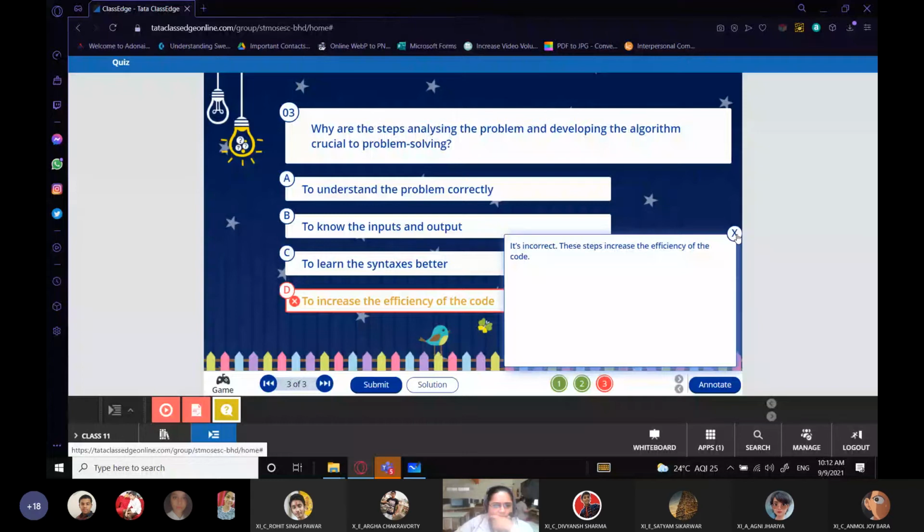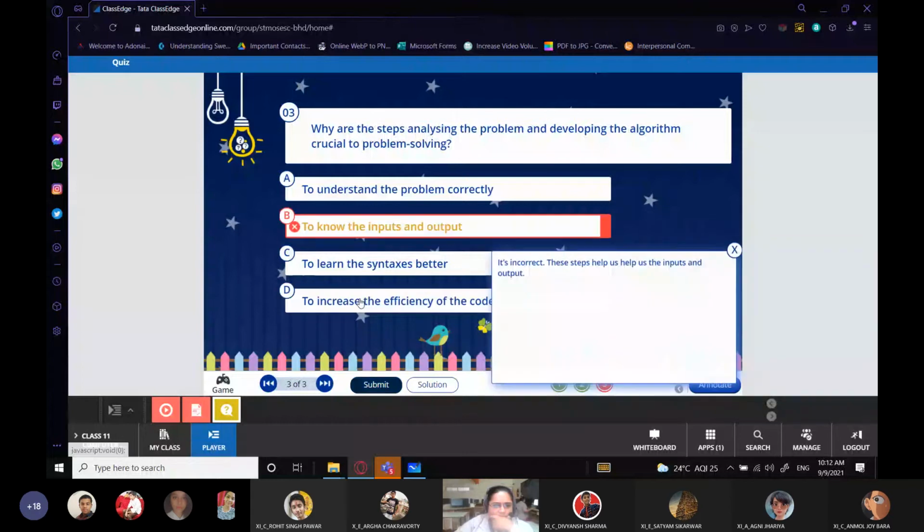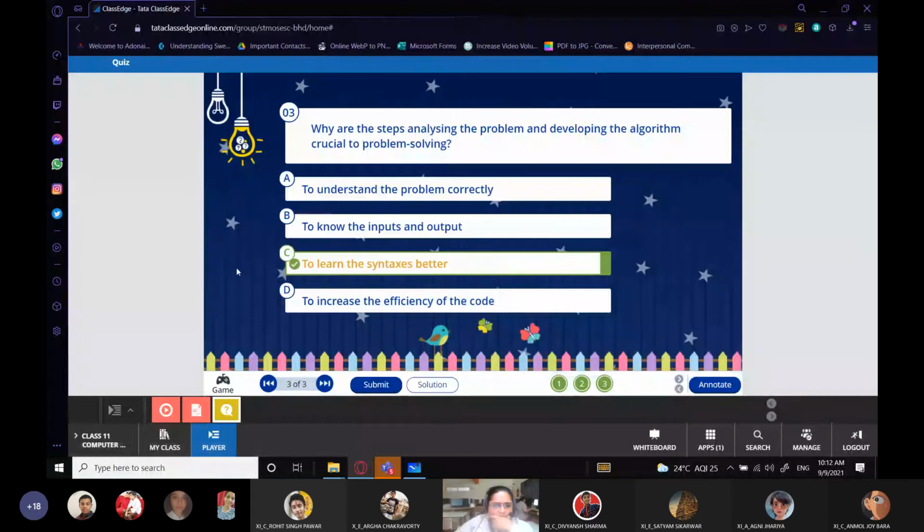And last is this one. To learn the syntax is better. No, I don't think so. Students, I don't agree with this particular solution. Why? Because steps to analyze the algorithm has nothing to do with the syntax of your program. Syntaxes will differ according to different programming languages.